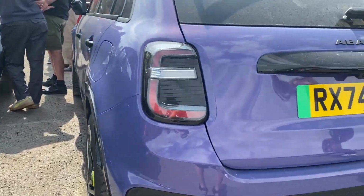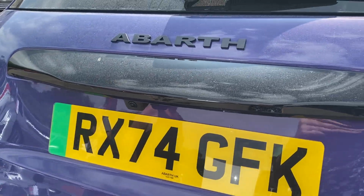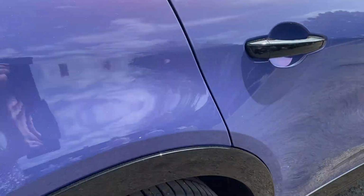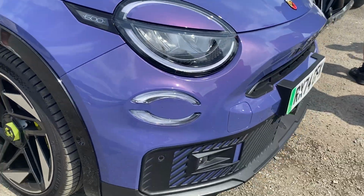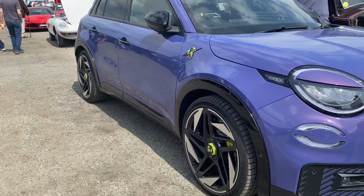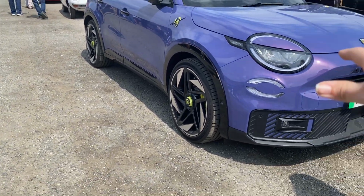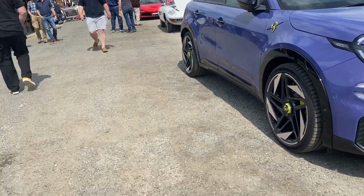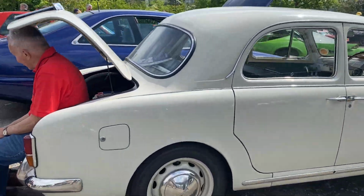And what are you? A bath. What is this? What is that? Look, it looks like he's angry with his headlights. It is, to be honest, yeah, it's an oversized Fiat 500. And then we got